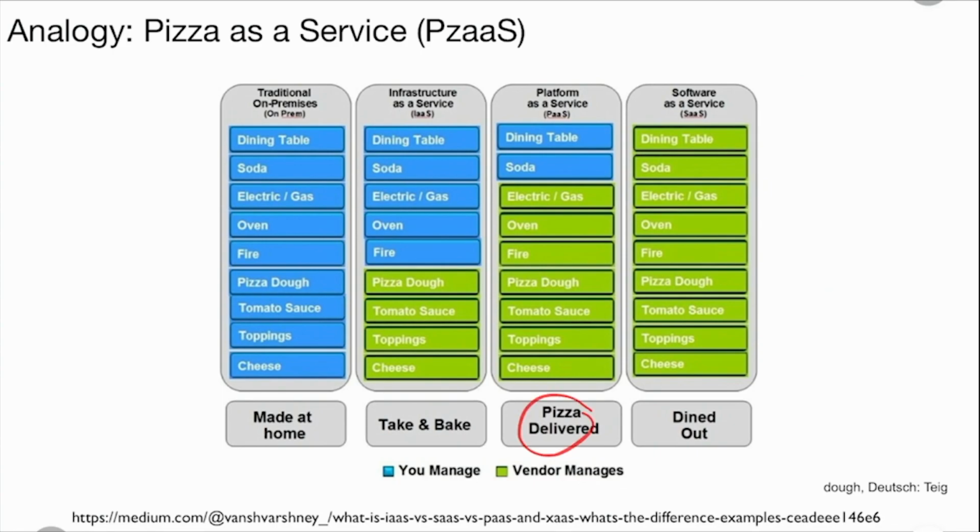If the pizza is delivered, that's the equivalent to this one. Yeah? So the pizza is prepared and cooked, and all you have to do is to unpack it, get something to drink, and sit at the dining table and eat it. That is platform as a service, or pizza being delivered. And if you completely dine out, that's the equivalent of software as a service. Yeah? Not sure whether that helps you. I found the analogy